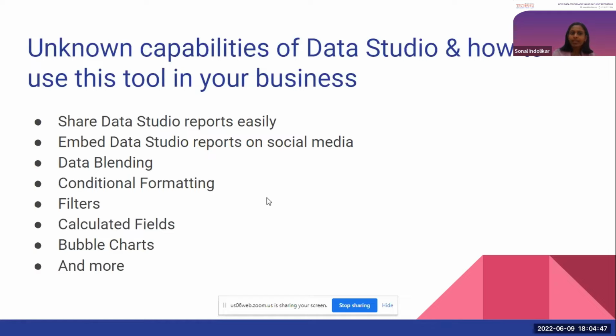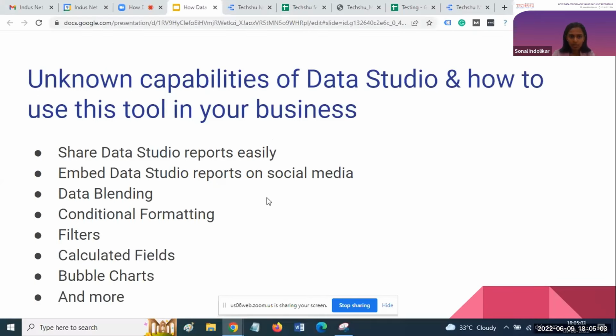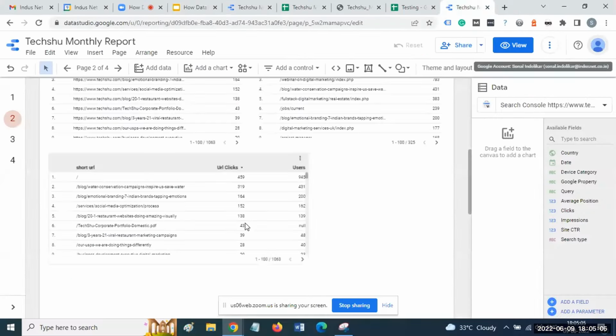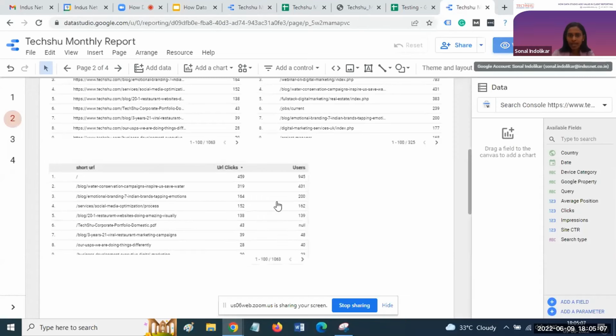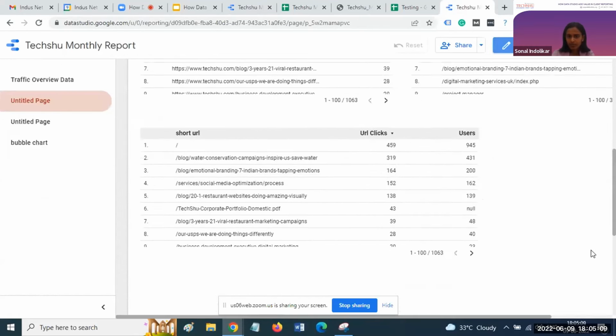For example, Data Studio has a data blending feature, so you can integrate two data sources. For example, Google Analytics data and Google Search Console data, both you can represent in a single table. I'll show you. I have already created this.